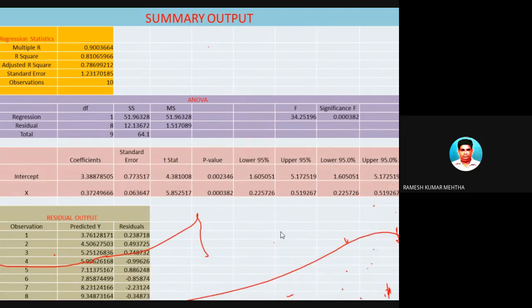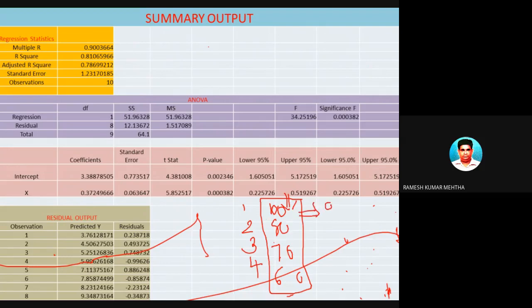So for example, four students wrote the examination of decision science, and one got 100 out of 100, another got 80, another got 70 marks, and the fourth got 60 marks. These are the actual marks. Soon after the examination, everybody started discussing how the paper was, whether it was tough or easy, and they predicted, "I may get 90 marks."